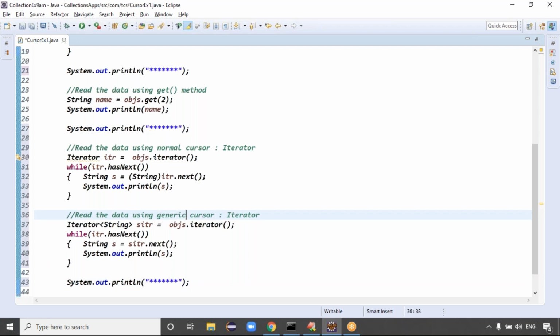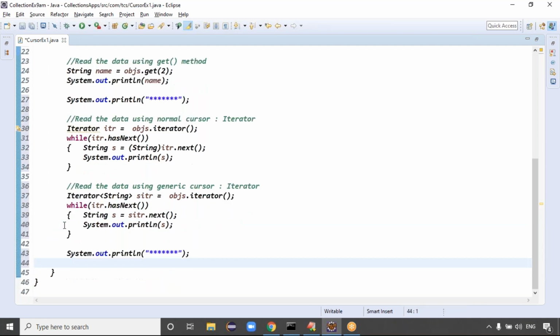Normal cursor means type conversion is required, because the normal cursor can read any type of data. But the generic cursor can read only string data, so type conversion is not required, right? Exactly. Is it clear now?